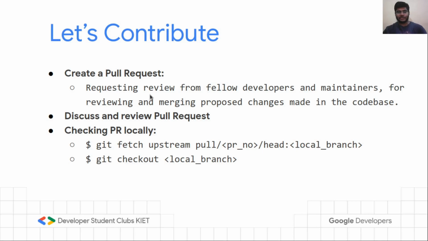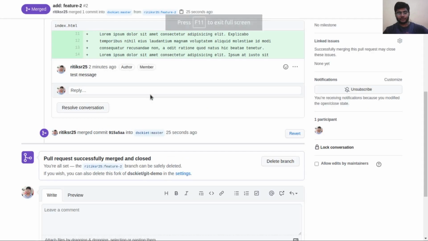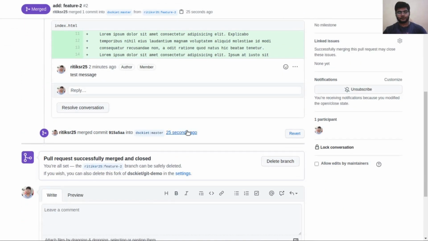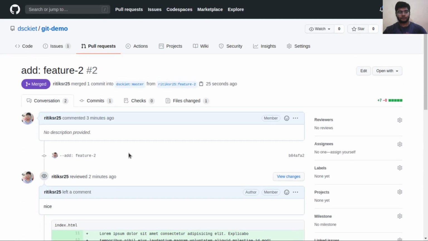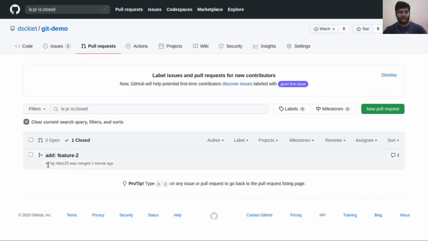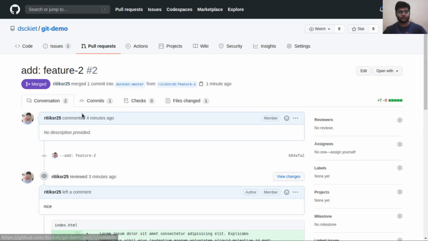First let's see what the number of this pull request is. Every pull request has a specific ID. If we see, only one pull request is there and it is number 2, because we have one issue. Issues and pull requests are counted in a single sequence. So the number is 2. We will go back to our VS Code.